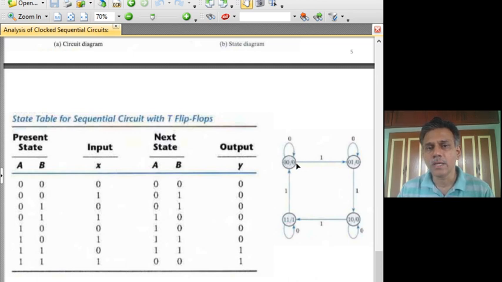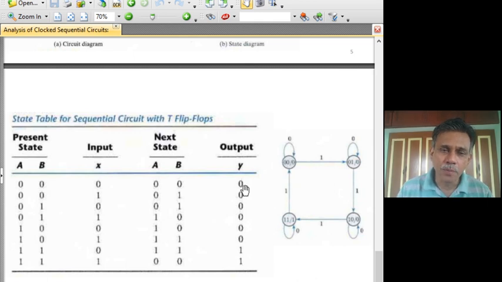See, we want to find the output sequence for a given input sequence. When the output is purely a function of state, it means input will not affect the output at the same time. It does not mean the input sequence will not affect the output sequence at all. Input will have an effect on what states the machine will progress through as the input sequence comes, and in those states different outputs are being given out, and that is how it affects.